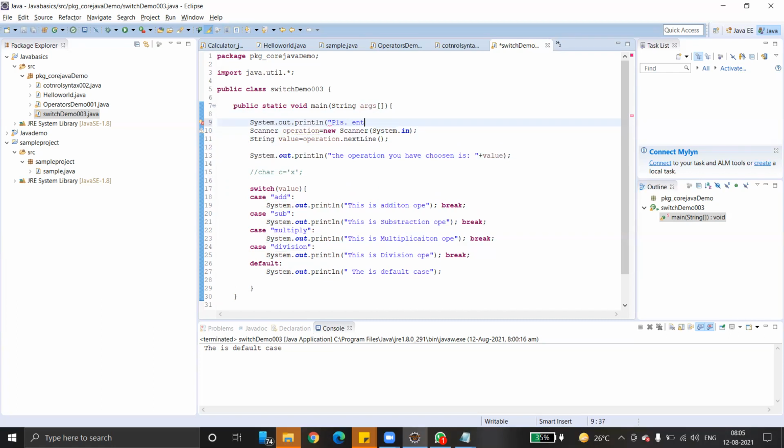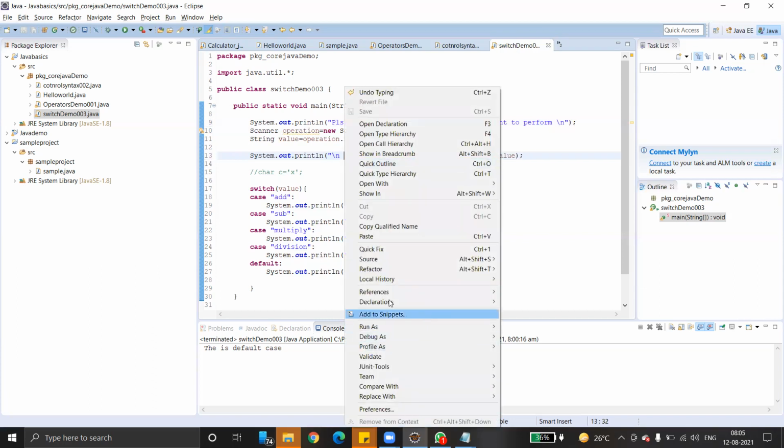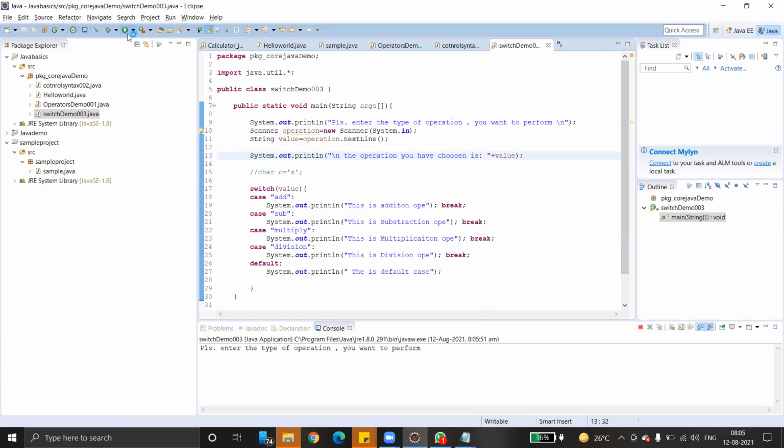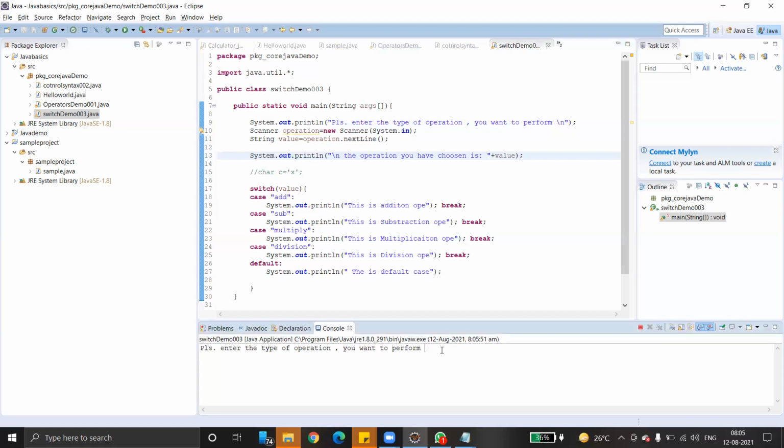Please enter the type of operation you want to perform. So it is asking for the value. See, please enter the operation you want to perform. So which operation you want to perform?